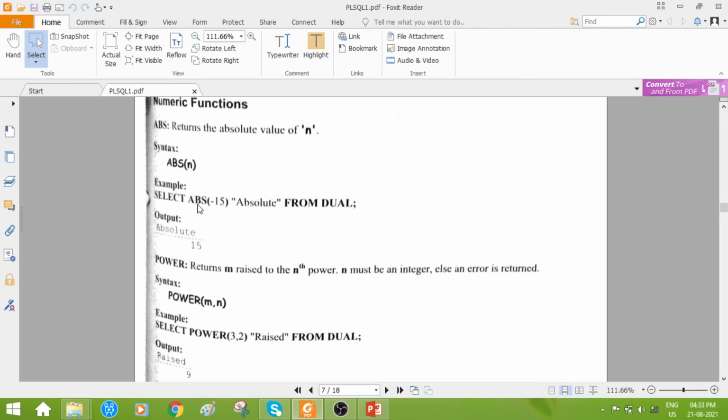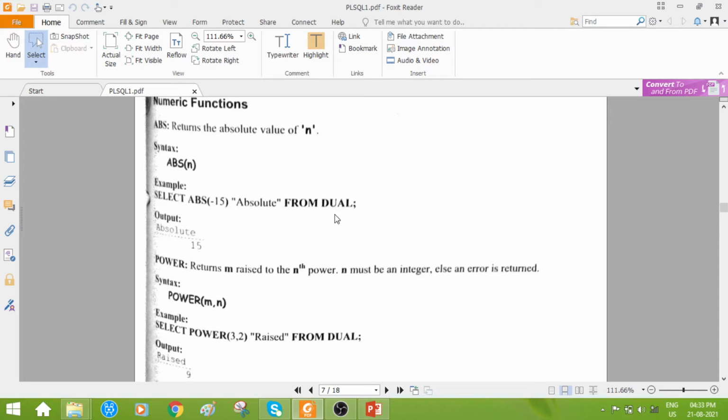To perform such simple operations, if you want to perform some numerical function especially, then without any table, with the help of the default or dummy table dual, you can get the output for these numeric functions. So select ABS or absolute value of minus 15 from which table?